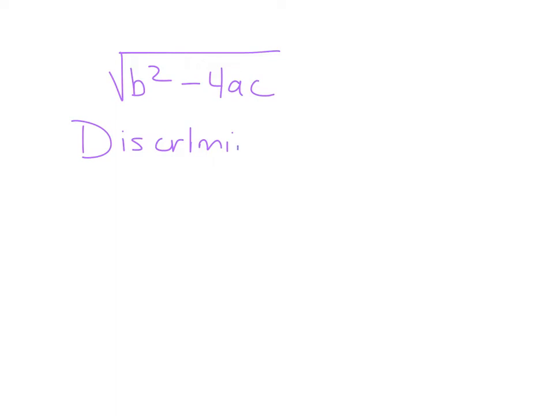So I'm going to write this discriminant thing out again. This part of the problem, b squared minus 4ac, is called the discriminant. And the discriminant is very important. So if I do b squared minus 4ac and it comes out to be a positive answer,